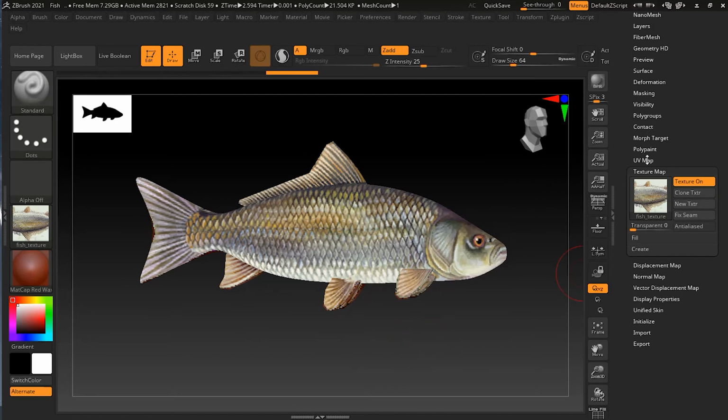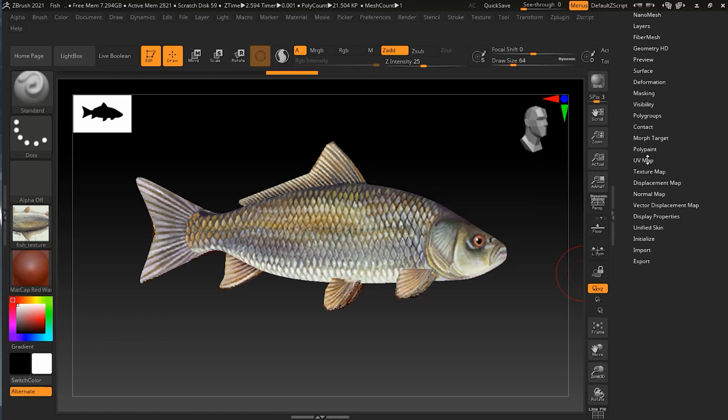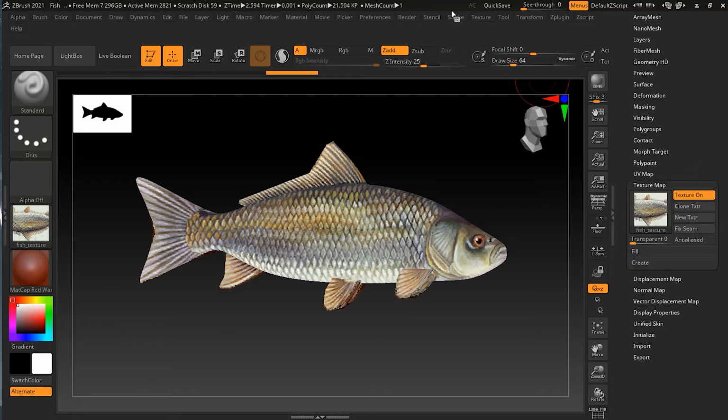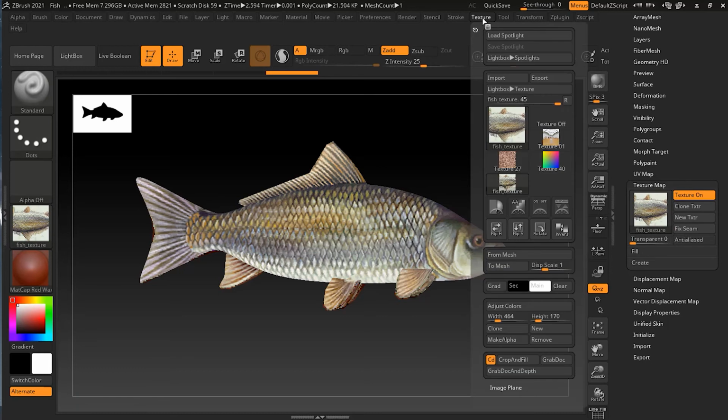But I found fixing it from the UV map much easier and simpler. To put it in a nutshell, just remember that ZBrush flips the texture upside down relative to how most software interprets the texture. This can also be an issue when exporting models. If you're exporting through the standard export, for example by going to this texture option and clicking the export button,